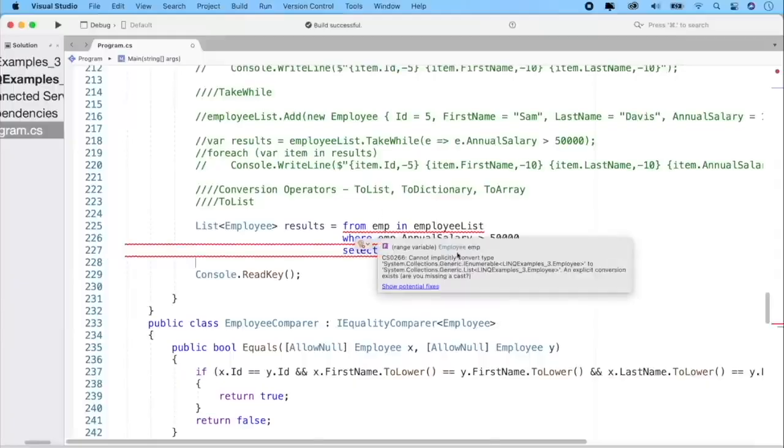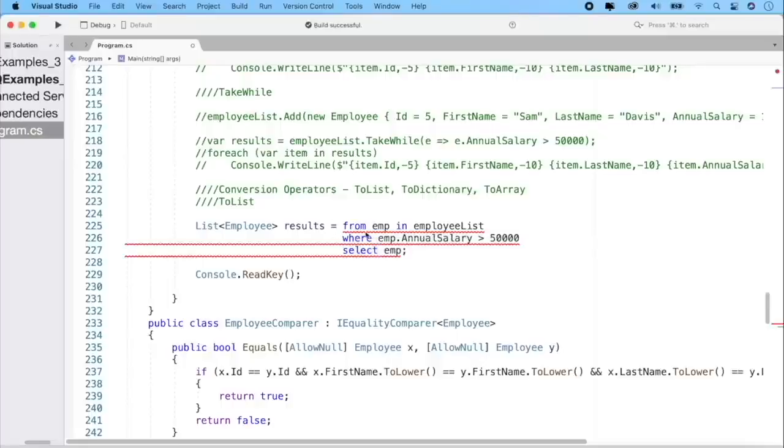Note the red squiggly lines here. This is because we are attempting to assign an IEnumerable collection to a variable of type generic list. The compiler is telling us that we have created a type mismatch. So we can use the toList operator to convert the IEnumerable